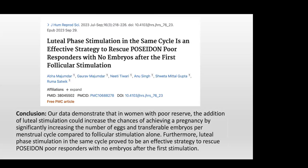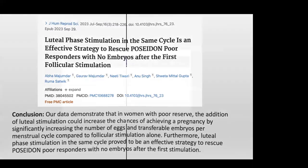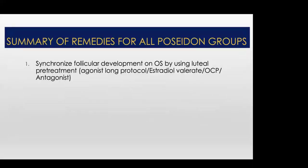It's very disheartening for a patient when we tell her that we got 3 oocytes and you have no embryo, or we got 6 oocytes and you have no embryos. For such patients, if we can start immediately and they have hope that in the next 10 days we will get more oocytes and they may form embryos, it is very easy for them to go through a duostim. So this is what we found, that convincing patients for a duostim, if no embryos were formed or fewer were formed, became easier. And therefore, to summarize,